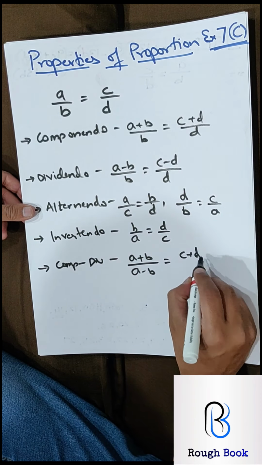So I am pulling 2 common, a plus 3c. Here also I am pulling 2 common because 2b and 4d also twice. So minus 2b minus 4d. This gets cancelled everything. So I will get a minus 3c minus 2b plus 4d, a plus 3c minus 2b minus 4d. We are still far away from where we want to reach. Now we got two choices, either cross multiply or again componendo dividendo.